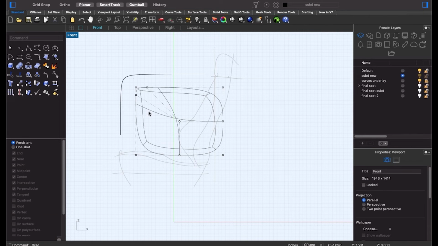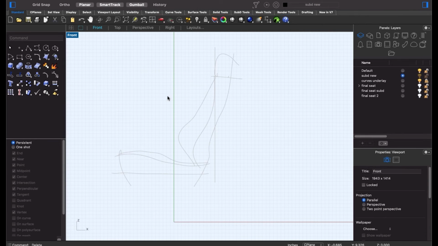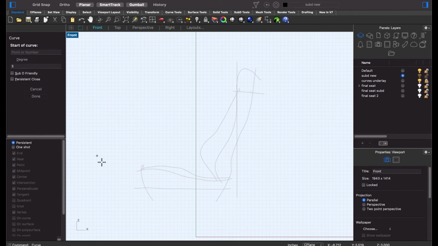And we're going to use that knowledge and that rule of three, this concept of using 3 points, or in the case of a SubD surface, 3 edges, right? Each one of these points is related to an edge. This is related to that. This is related to that. Okay, so these edges make up the structure of the SubD object. And if we understand the relationship between the points and the edges and all that kind of stuff, we can start to say, okay, if we're going to do a curve and it looks like this,